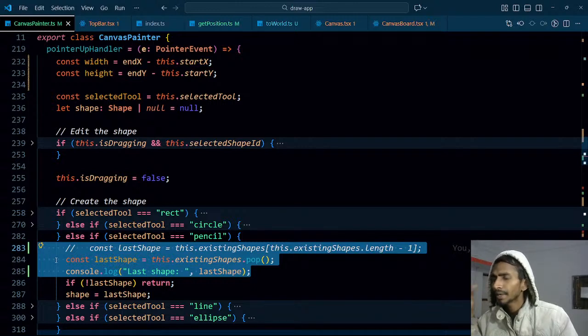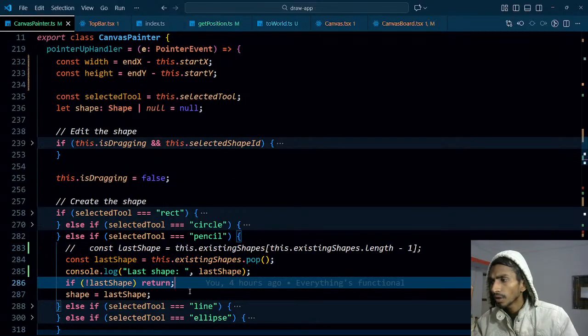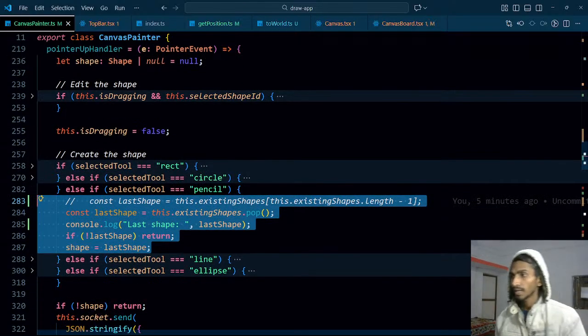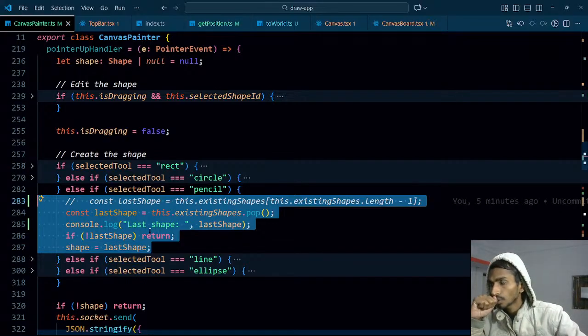Great. That means whenever I am clicking on any top bar, this particular code is running and removing the value. Right. What could be the solution? Solution to this is that